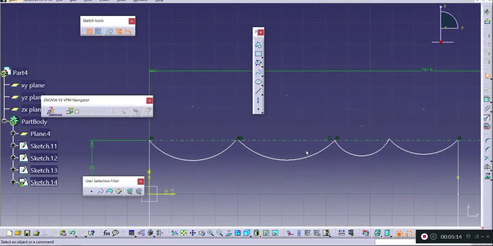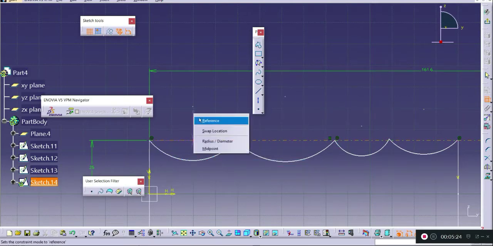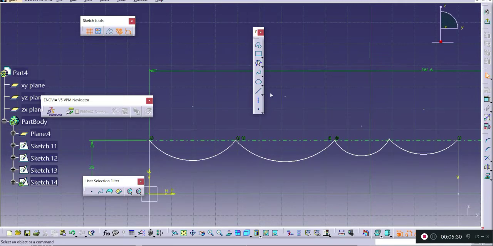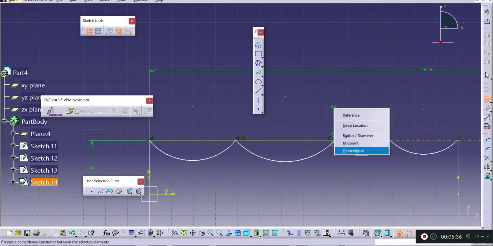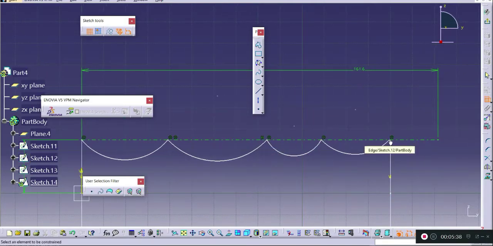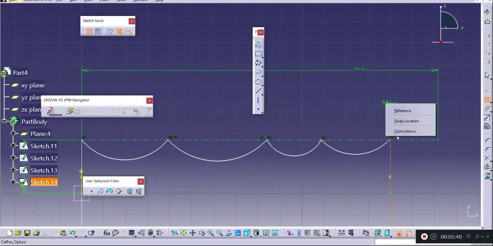Okay, then the next thing that I am going to do is I will make these 2 points coincident and make this point lie on this curve. So they are already on that point. Again, this point I will check with the help of constraint. So this point and this curve should be coincident. Again, this point and this line should be coincident.